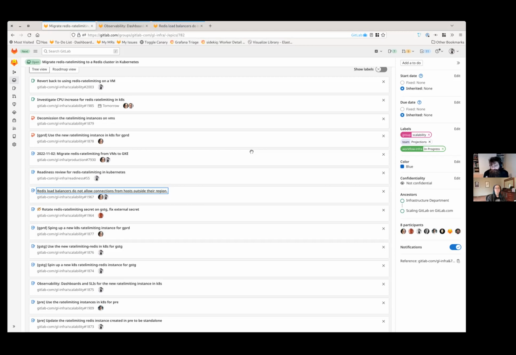During this day, we would effectively have a split brain for rate limiting, because traffic going through Canary would not count towards the rate limits that's otherwise counted in the Redis instance in VMs. But we decided that that was acceptable, but we couldn't have that for more than a day with more traffic than just Canary. So our plan for rolling out was doing a single zone first,